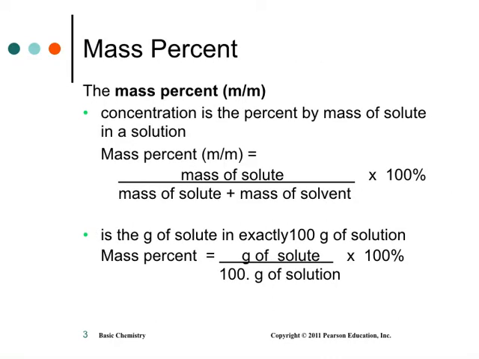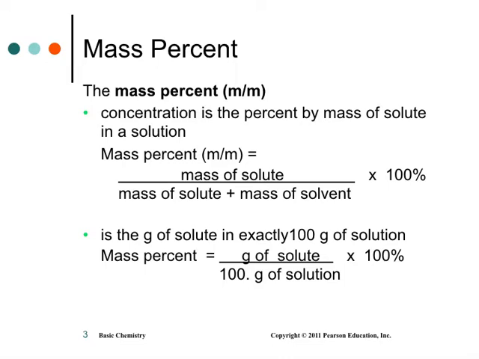So the first one we're going to look at is mass percent. It's M over M as its notation there, mass over mass. So you're looking for the mass of the solute. The solute's always on the top. The solution is on the bottom. And I would make a note about that, because that could be confusing to know what do I put on the bottom. Is it the solvent? Not in this case. It's going to be the solution itself.